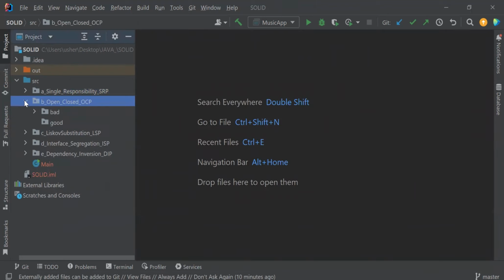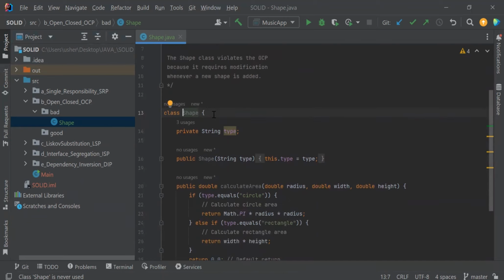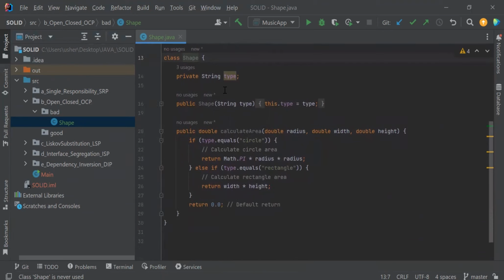Let's move to the second principle, and this is the Open-Closed Principle. It says that we should design our code in a way that allows us to add new features without changing the existing code. For example, this Shape class violates the Open-Closed Principle because it requires modification whenever a new shape